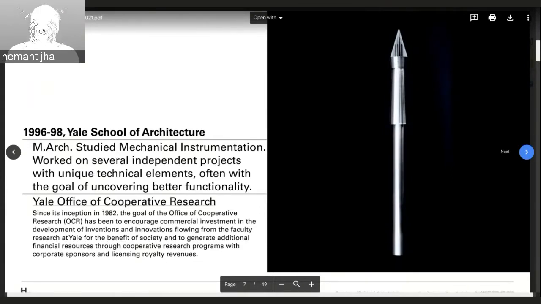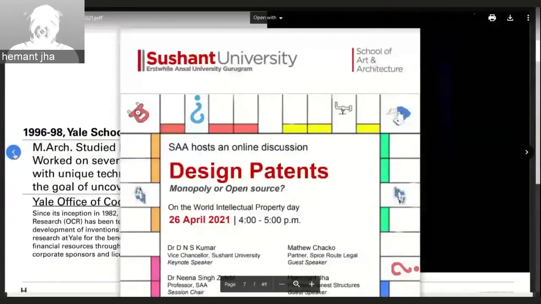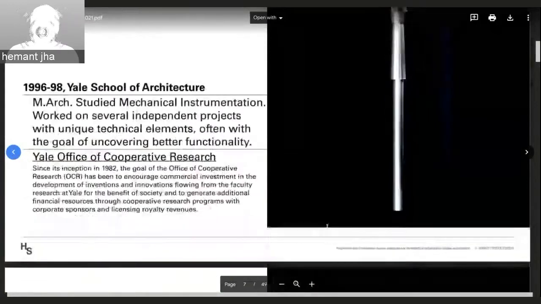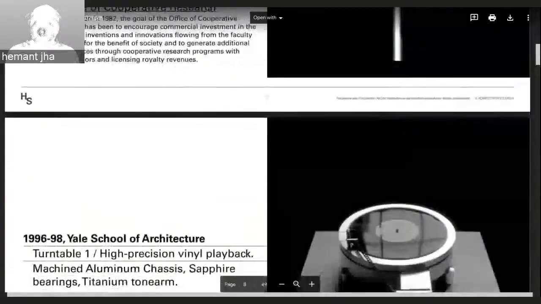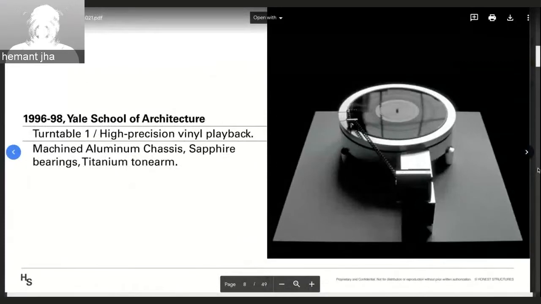So I had many conversations with the Yale Office of Cooperative Research, including the next slide and the ones after that. Every semester I did one project that was, again, independent study. So I moved on to designing a turntable. I really liked analog, and this was the first turntable that I made. Very high precision machines, metals, sapphire bearings, and then